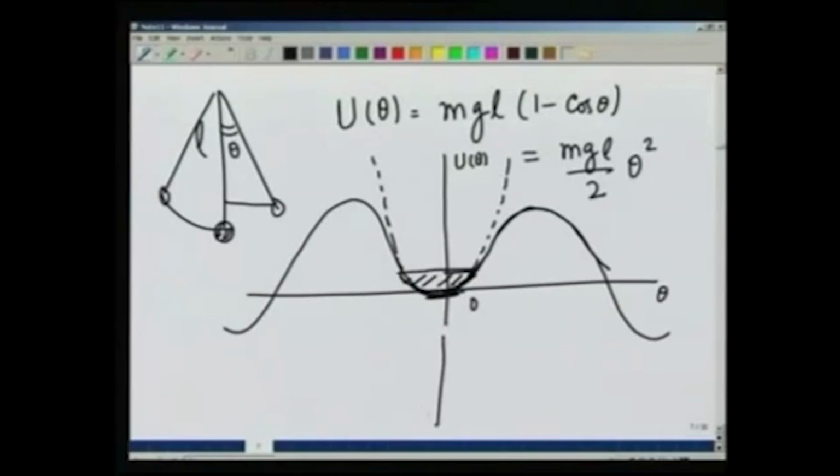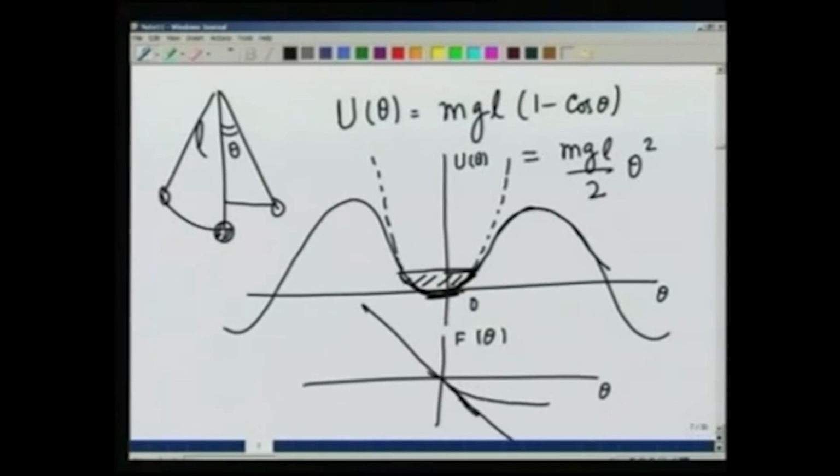How about the force? Again we are approximating the force to be a linear force, but as you go far away the slope goes down, and therefore the real force is something like this, and then it oscillates. So again for a good range of theta, the force is linear in theta, and therefore simple harmonic motion is a good approximation for low displacements. In these lectures we are going to talk about the simple harmonic motion,